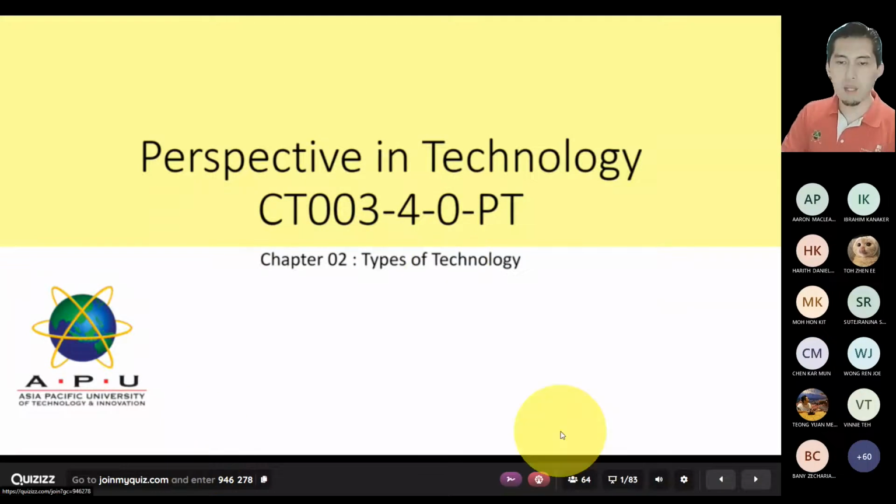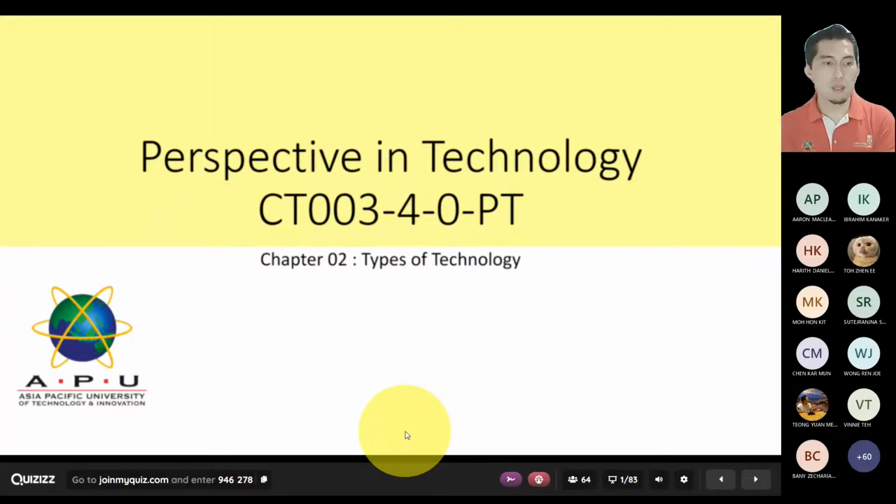Okay, so we are covering types of technology this week. Now, this topic is meant to be what's the word they use for a movie? Not a trailer, a teaser. Yeah, this is meant to be a teaser towards some of the areas that we will go further into as well. But there are technologies that I'm going to highlight today that will not necessarily be explored further, because it's just meant to be an introduction to you, and, again, the learning outcome of this module is to give you an idea overall of the different aspects and the different areas of